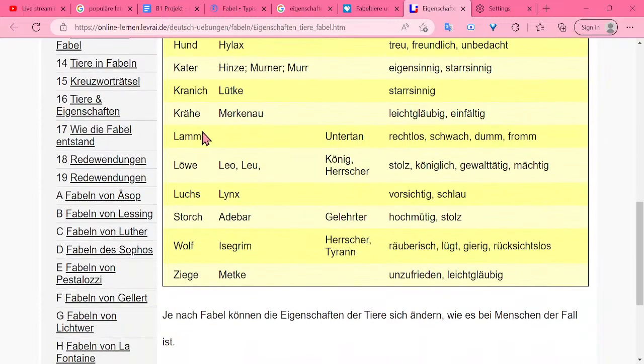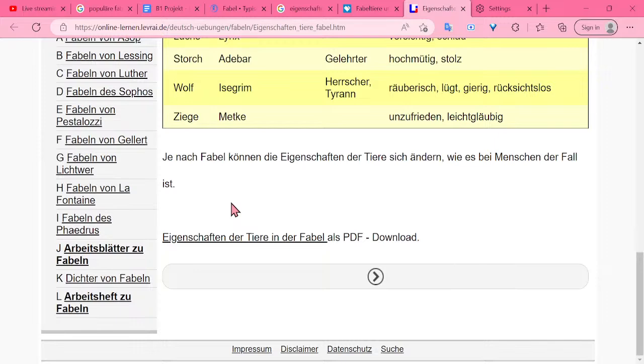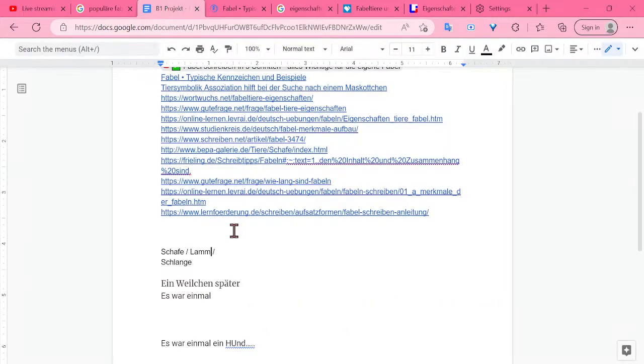Okay, so I have a whole bunch of lambs, in fact, a whole bunch of sheep. Essentially, the sheep are kind of silly. In my story, they believe what the snake says. And now, when you think of the snake, you immediately think of the story of Adam and Eve, which is very interesting. I didn't think about that earlier. The snake is always the one that leads you to your doom.